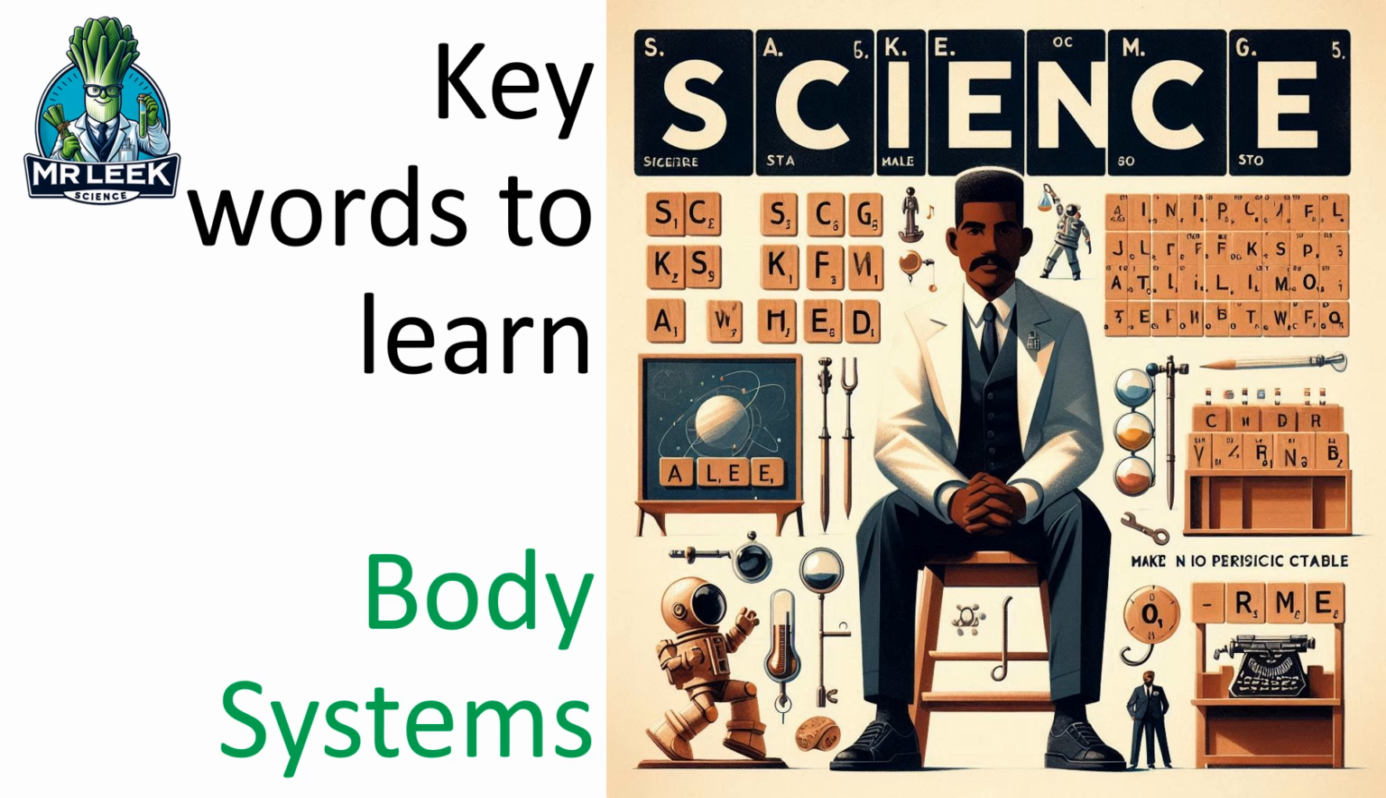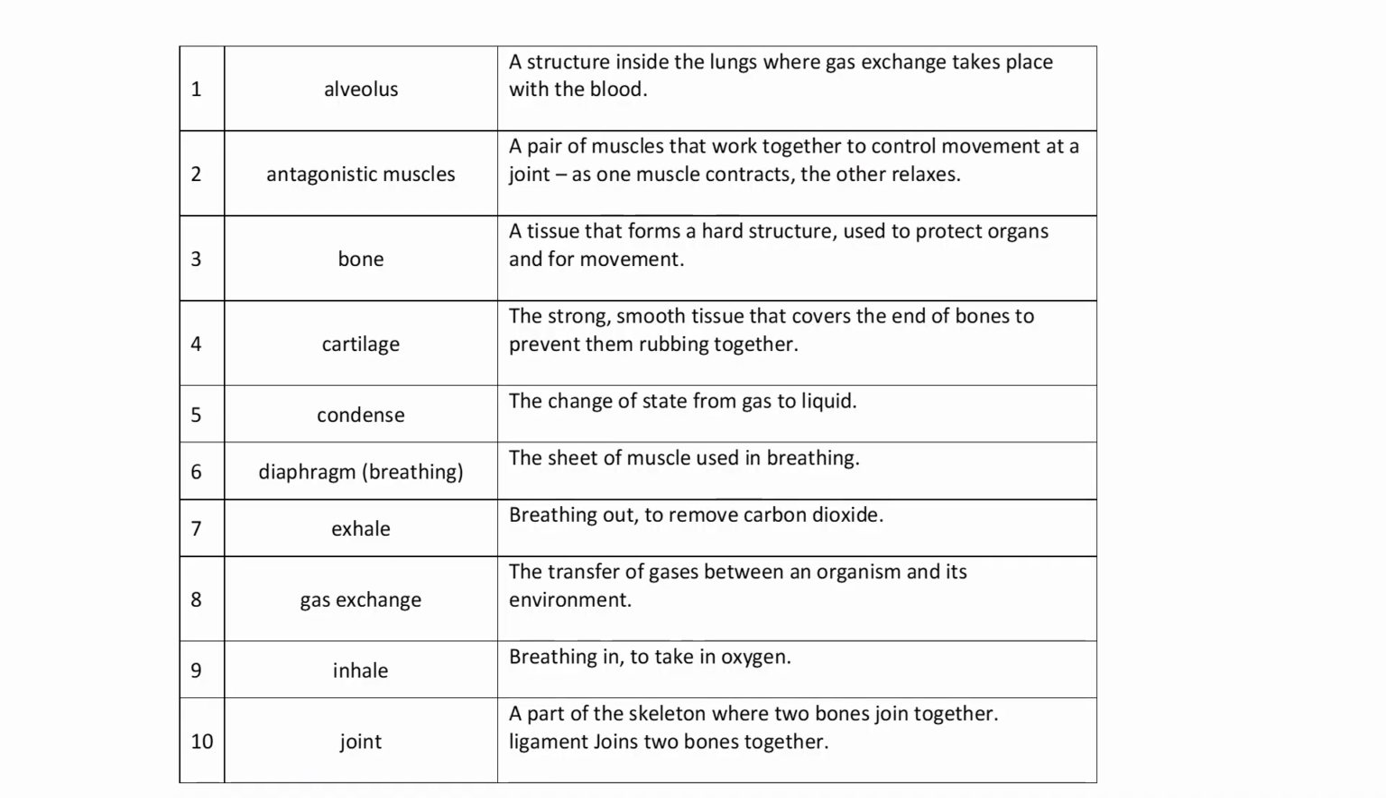We've got Key Stage 3 keywords to learn for the body systems unit. Structure inside lungs where gas exchange takes place. If you think about a lung, I was thinking of it a bit like a bag, that's one lung, and you've got another lung down here. It goes into bronchioles, that's the bronchus, and then at the end, a bit like grapes, are your alveoli,